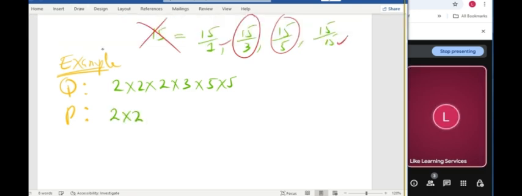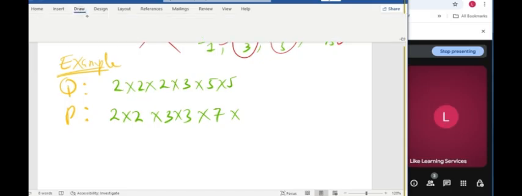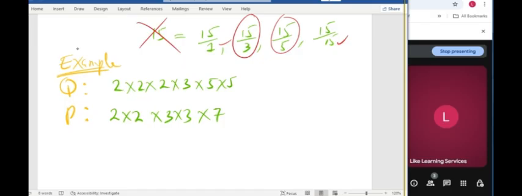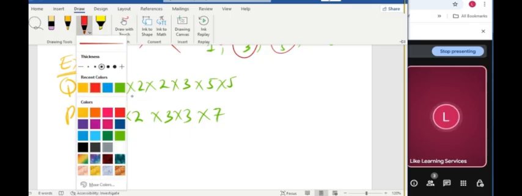2 times 2 times 3 times 3 times 7. Let's even know what these numbers are. I might decide to even get what these numbers are. It is not the problem. Are you listening? Yes, I am. Beautiful. Then you are asked to find